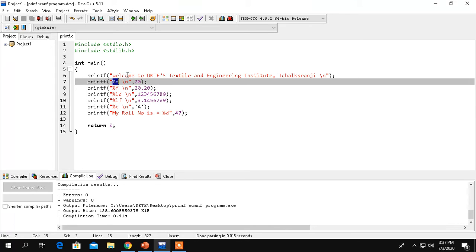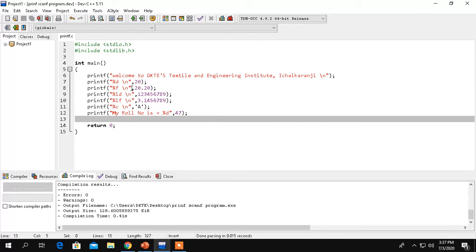As we discussed earlier in a previous line, to have the sentence as it is over the output window, we have to consider that message in a double quote. But in case of an integer value, we are not considering this 20 as it is in a double quote. Instead of that, we have to consider this %d sign. This d is nothing but the integer value. First of all we have to consider the memory allocation by using this percent sign. So this d is for the integer only, %d. Again later on we are having backslash n, because we have to print the next values over the next lines.